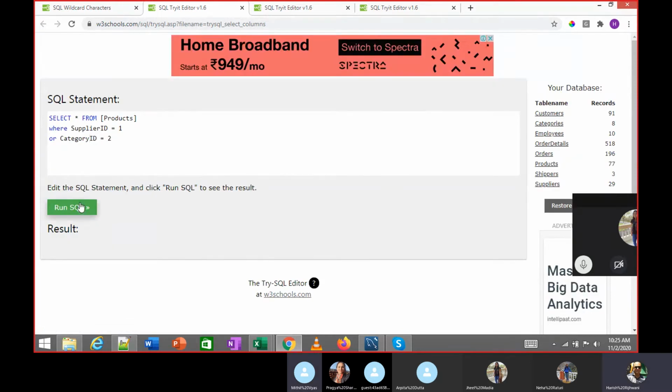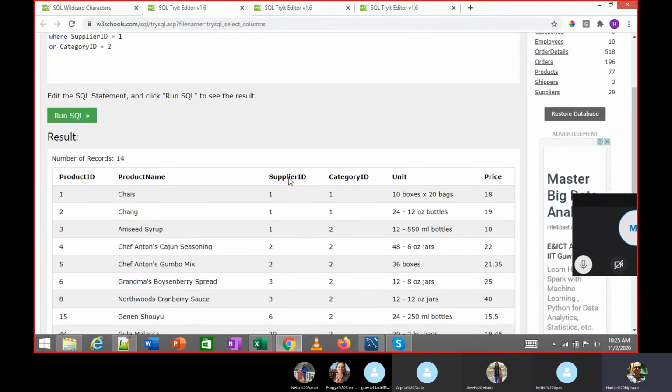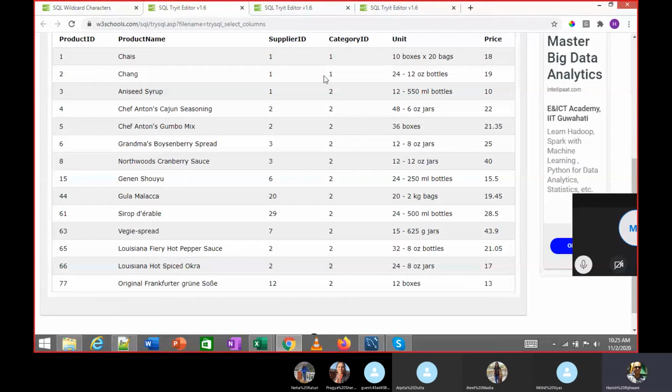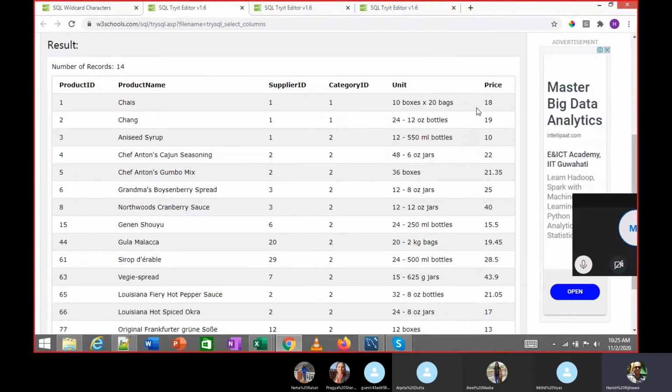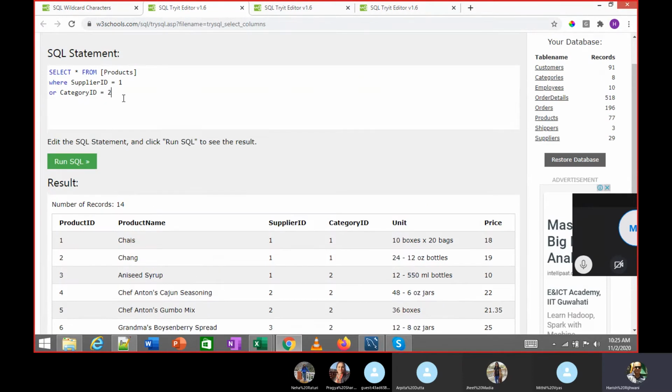Sir, that back one will use. I put a space in by mistake. Yes. So I've got category ID 2 values. Now within this I am saying the price should be more than 22. So I should be getting only those records. So if I put and price greater than 22.